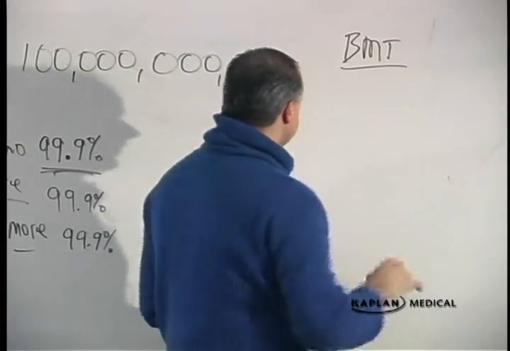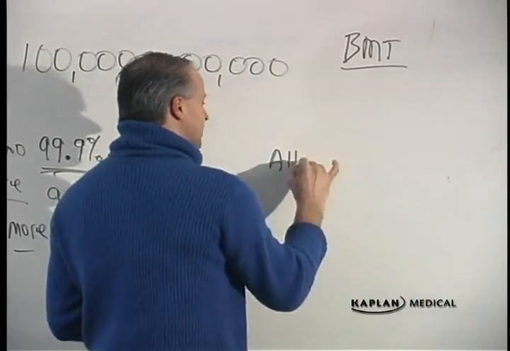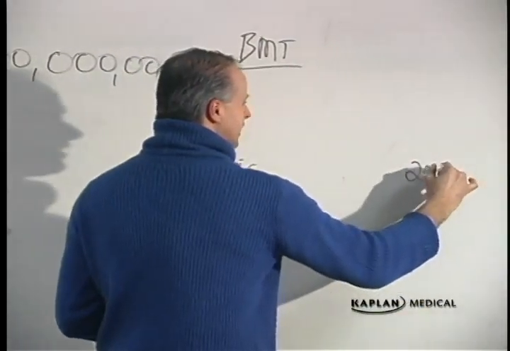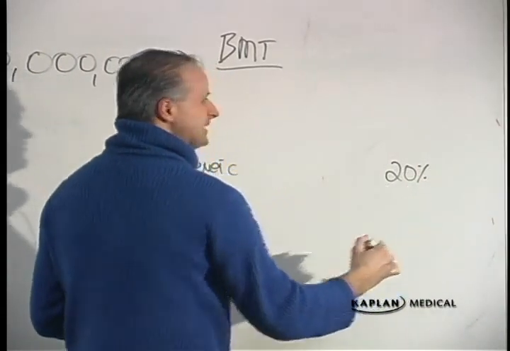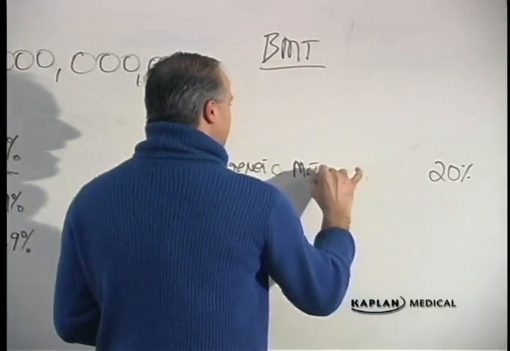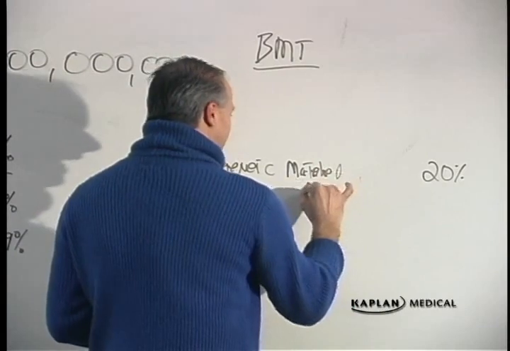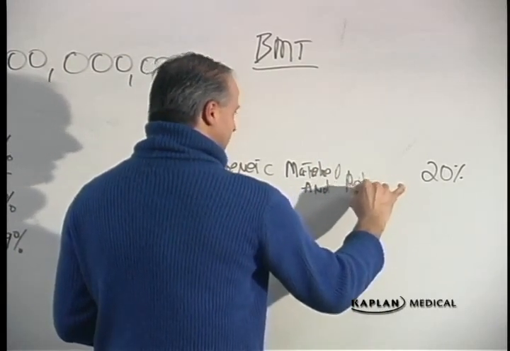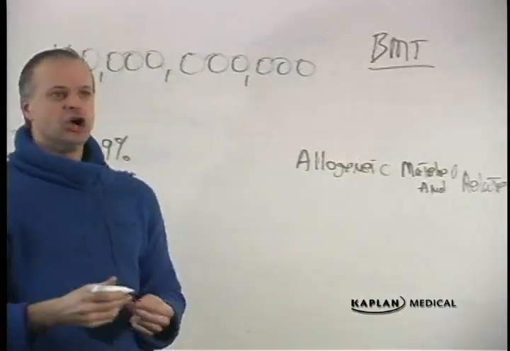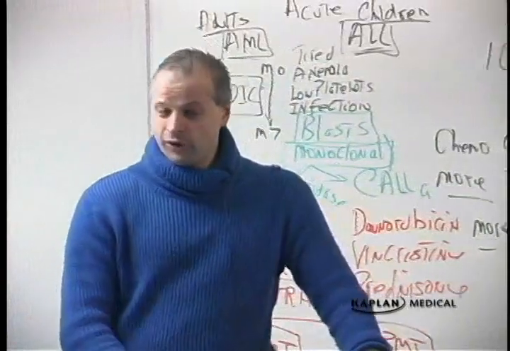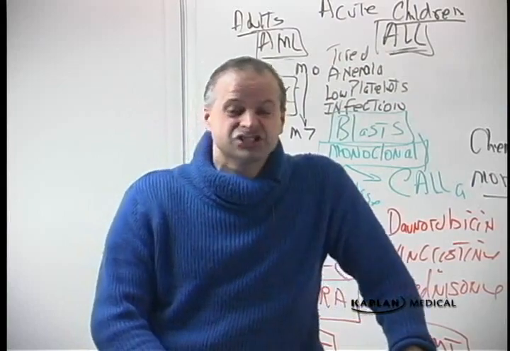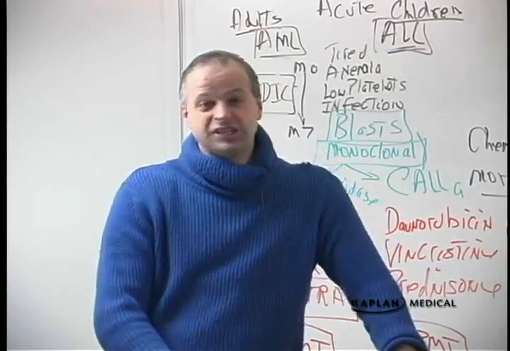The mortality on an allogeneic transplant is somewhat like 20%. And that's if you're matched and related. Related to the donor? You still have a 20%, 30% chance of dying. 1 out of 5 people? Whoa! Before I let myself get transplanted, you better tell me whether or not my cytogenetics are associated with at least a 20% chance of relapse.